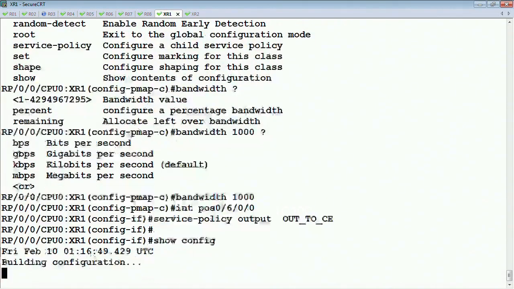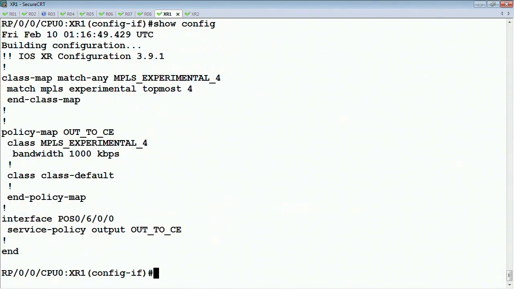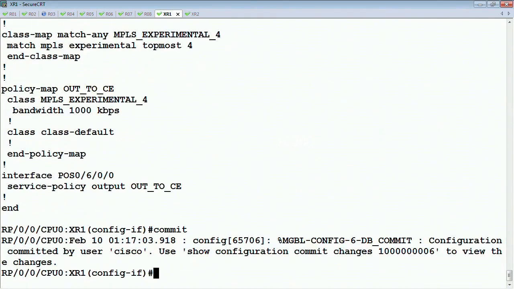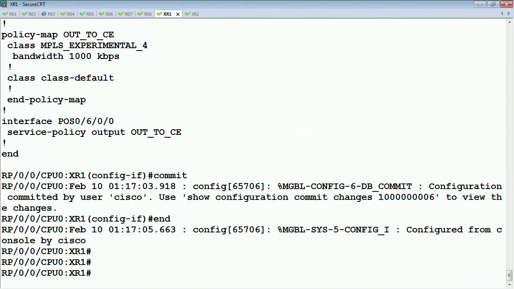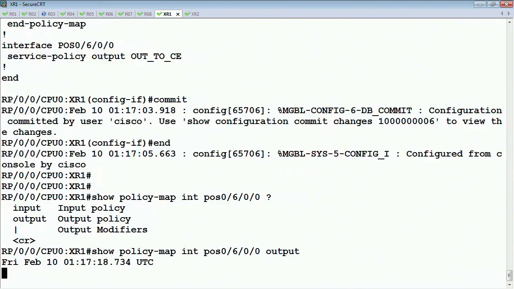Then let's show config, look at our result. So fairly straightforward policy. We're just looking at the experimental bits, saying if it's number 4, give it a 1 megabit per second guarantee out towards the customer. Now, once we commit this, we can see it didn't give us an error message, so there was no commit failure. If we look at the show policy map interface POS 0/6/0/0 for the output policy,